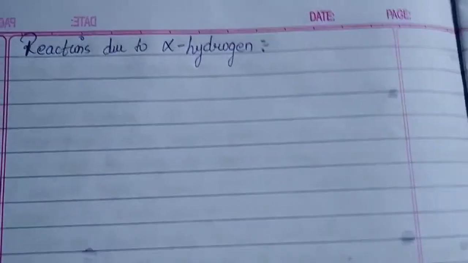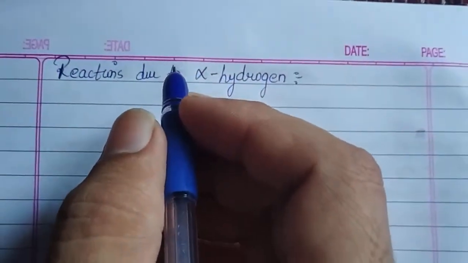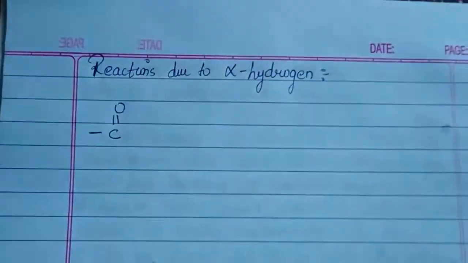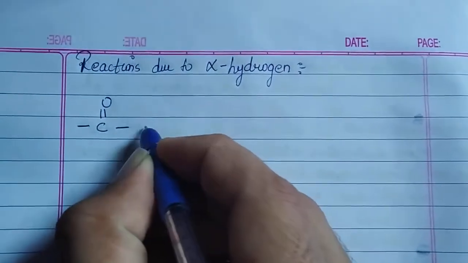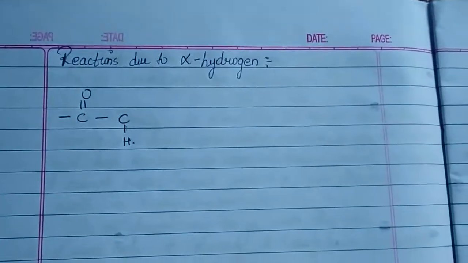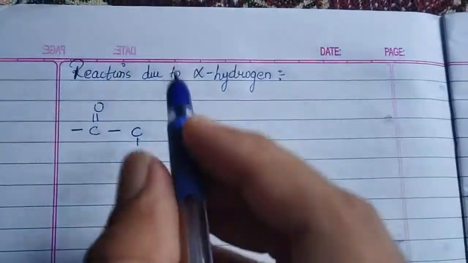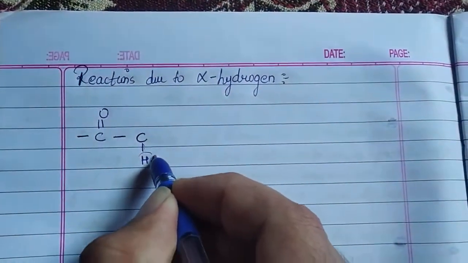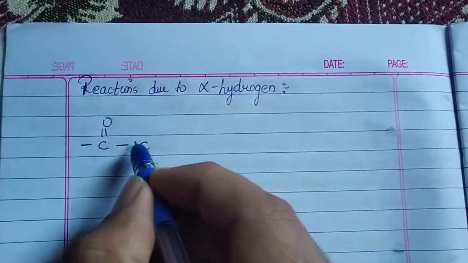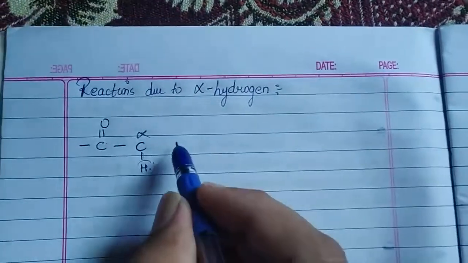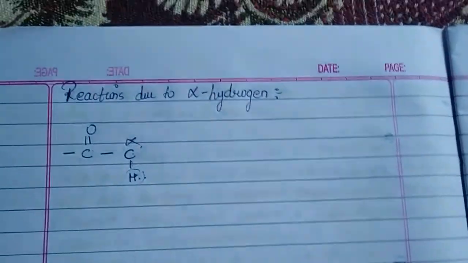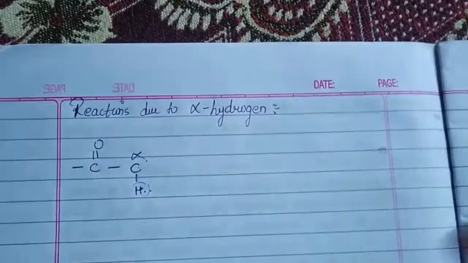Of course, when I write a carbonyl compound, for example C double bond O, beside it there will be another carbon which may have a hydrogen. Mark my words, which may have a hydrogen. This is called the alpha hydrogen atom. Why? The carbon atom adjacent to the functional group is called the alpha carbon, and the hydrogen on that carbon is called the alpha hydrogen atom. When such a compound is treated with a base,